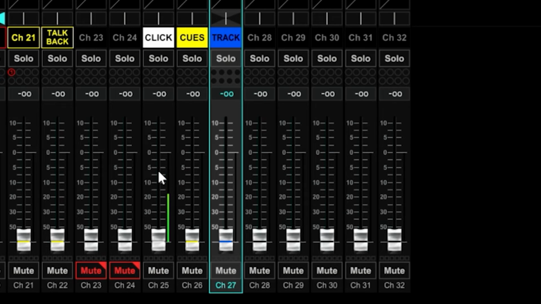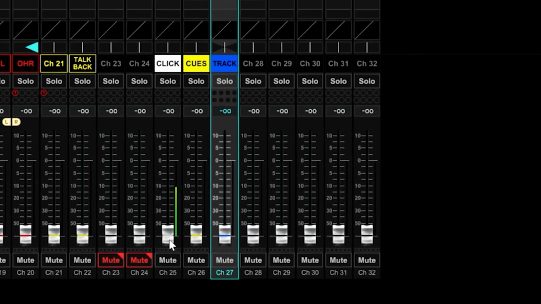Now this is great because it also means, because I'm running in-ear monitors, that everybody in my band now has control over channel 25 to make that click as loud or as soft as they want. It also means that because this is a click track, this is not one of those channels that we would ever send front of house, right? So on our main output, it's always going to be pulled right down. We simply don't hear it.